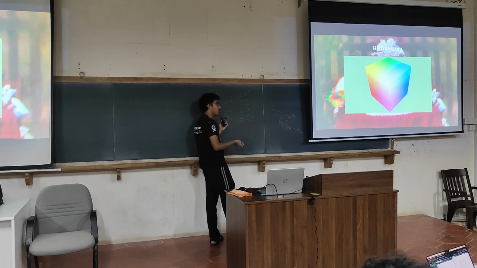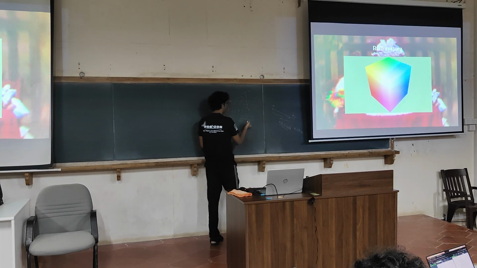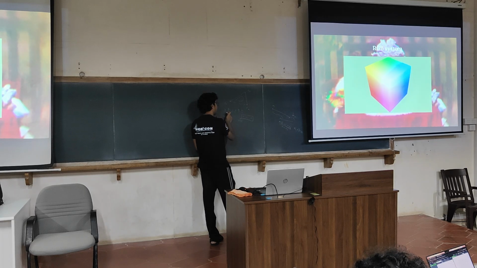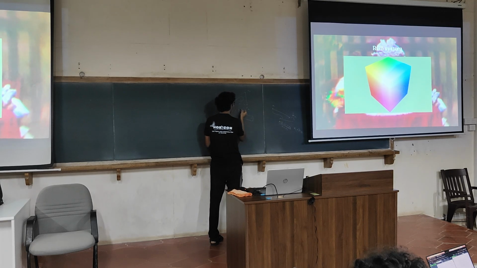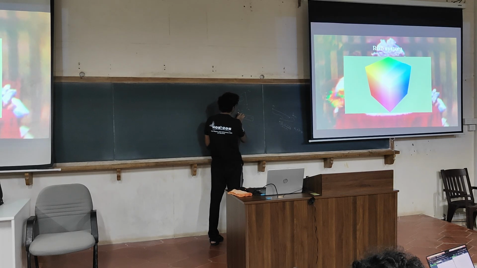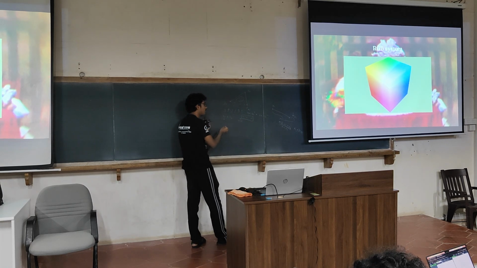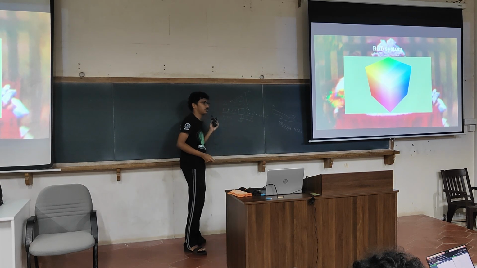just 6 values. For example, I can use 1F, 11, 91. This represents 1 into F, where F is nothing but 15. So this is 15, this is 1 into 1, and this is 9 into 1. This is how you represent it. This is actually 9 into 16 power 1 plus 1 into 16 power 0. With this you can represent all possible colors.